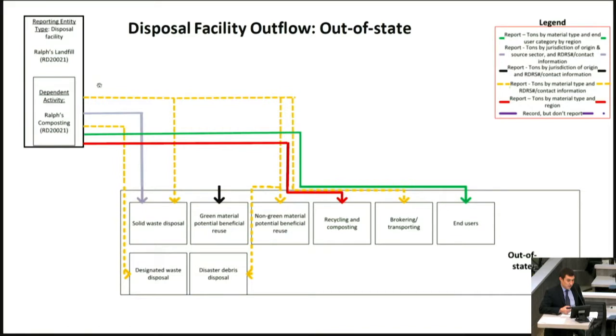If they're a recycling facility, they would record but not report the tonnage transferred from the residuals generated from the composting to the landfill. This is not a very good example, but